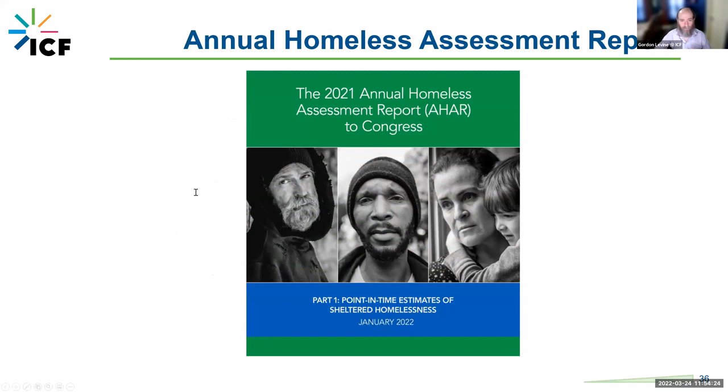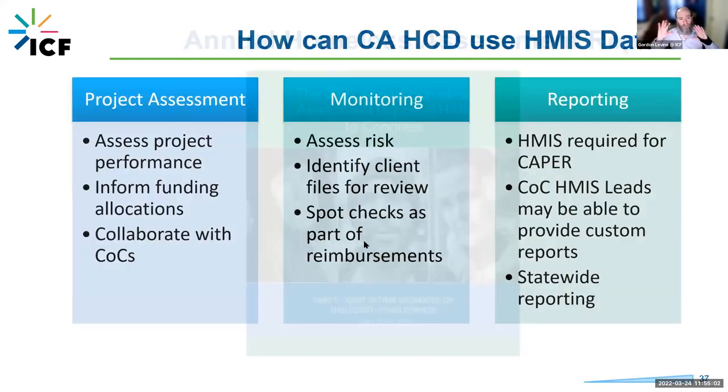Finally, this is still me. So ultimately, data from HMIS, and there are other sources, but primarily HMIS, filters up into the annual homeless assessment report to Congress, or AHAR, which is one of the sort of two primary ways that legislators get a hold of data about homelessness. The other one is the LSA, and it has significant repercussions on the way funding is allocated and the way at a national level our lawmakers look at homelessness response at every level of the country. Next slide, please.